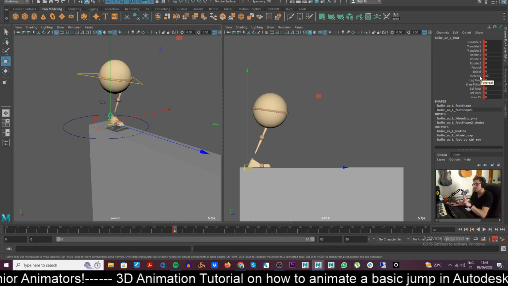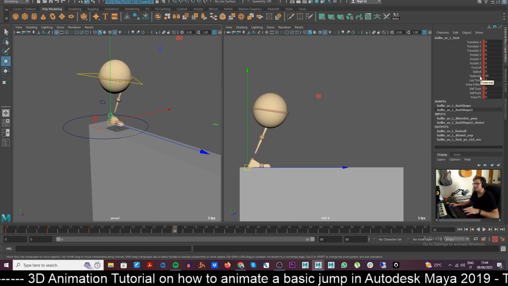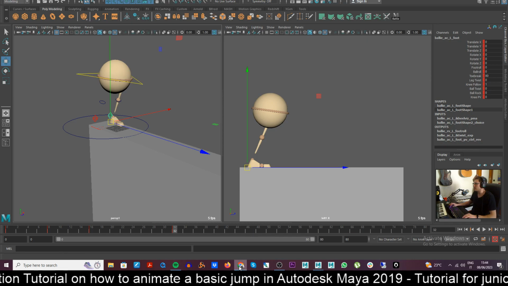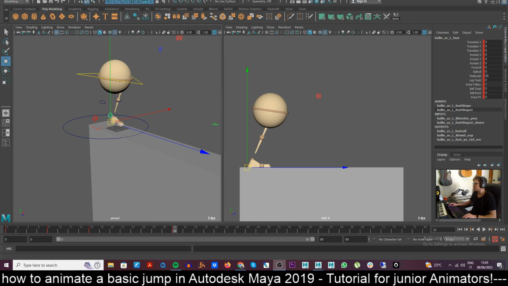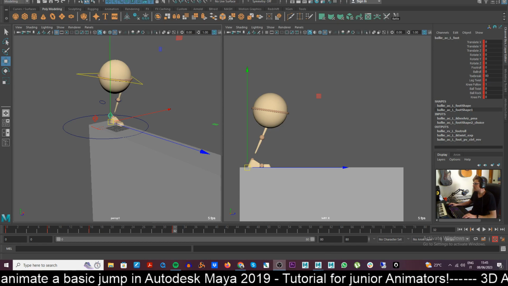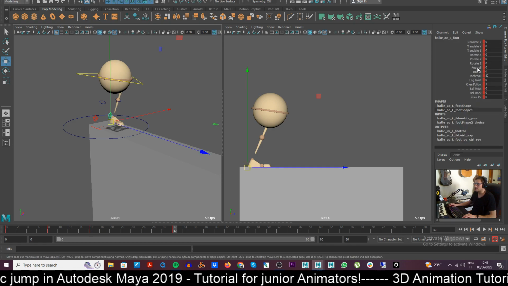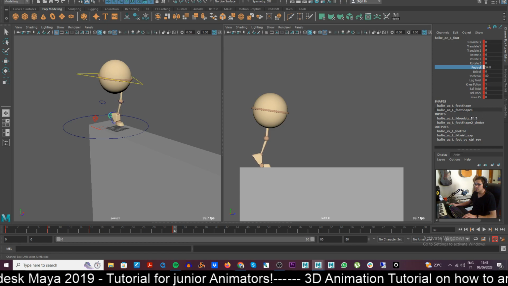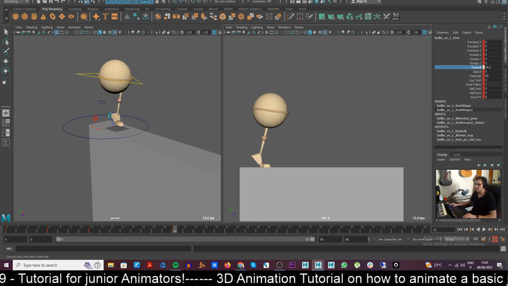It's going to be the last frame where he's actually in contact with the ground. Okay, so what I want to do now is take the foot roll, take it here,